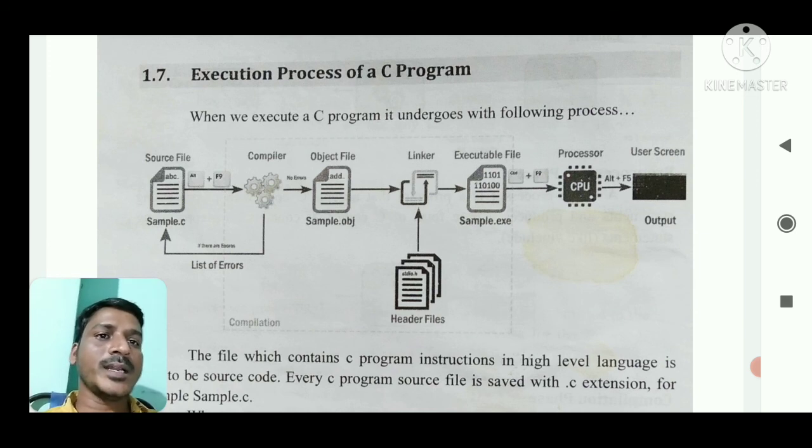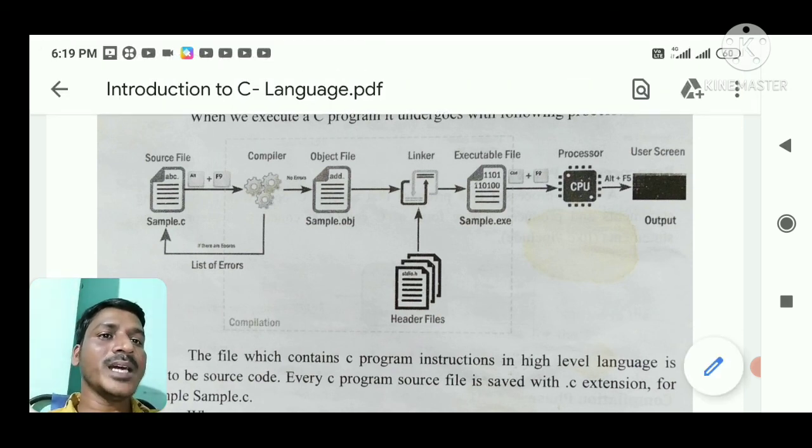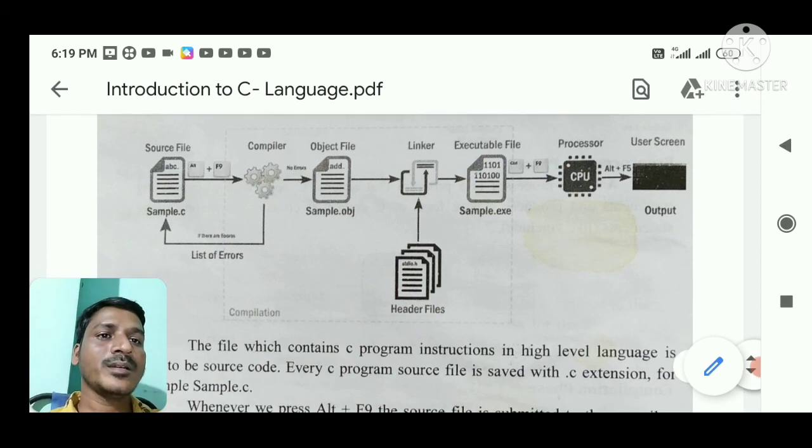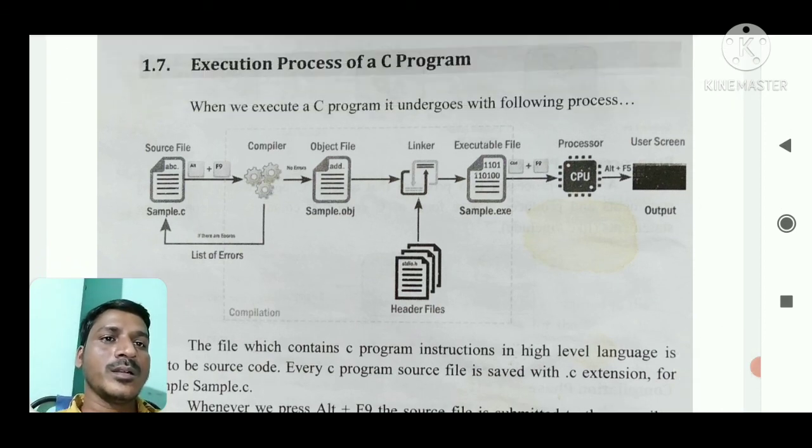Then the object file is transferred to the linker. The linker combines the object file and some header files from the C library, and creates the executable file. The executable file is in the form of zeros and ones.